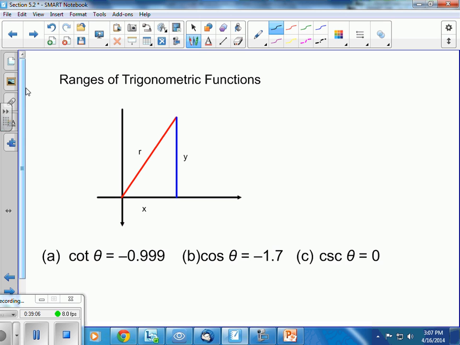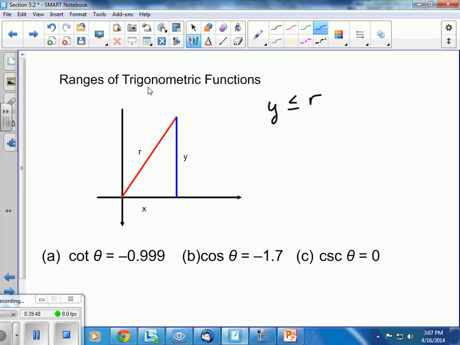Well, now that we've talked a lot about what those ratios are, we need to think about the range of each of the trig functions. The range of the trig functions, you have to first keep in mind that since r is the hypotenuse, r is going to be the longest side. Keeping in mind that anytime in a right triangle, x is less than r, y is less than r, if you write that y is less than or equal to r,